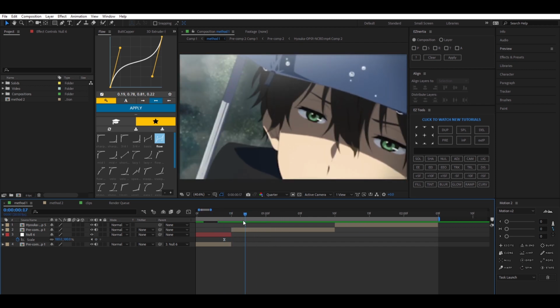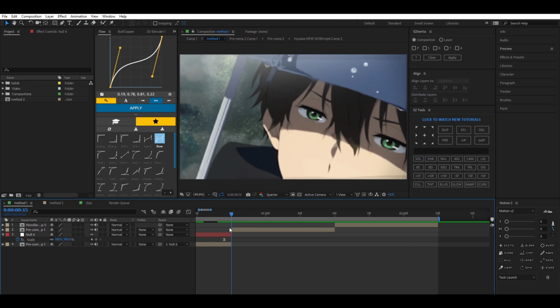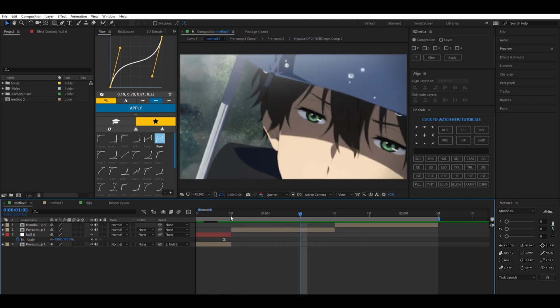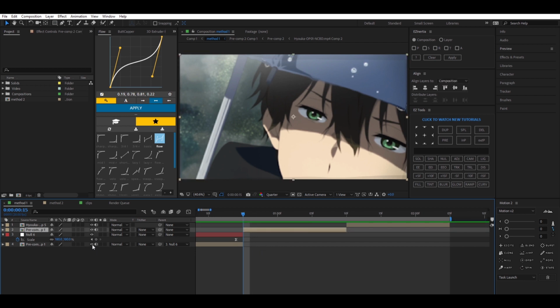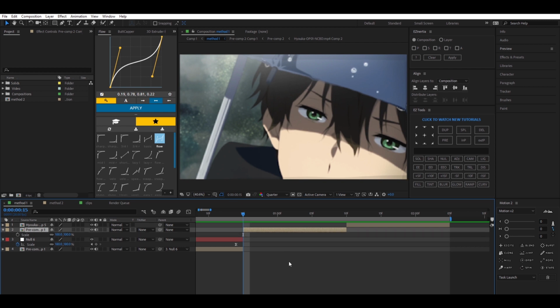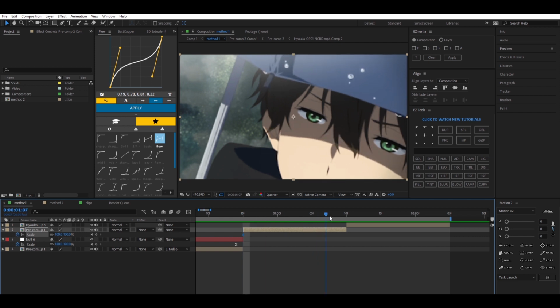Since on this clip it's very zoomed into his face, we're going to do something called a fake zoom in, which just scales in, but with a different graph from the first clip. So how we're going to do this is keyframe scale at the beginning of your clip, go all the way to the end of the clip, and make your value around 115 or 120.